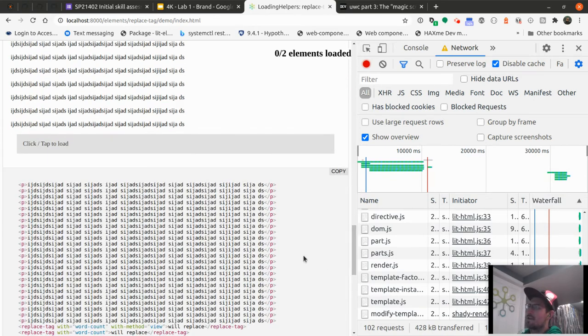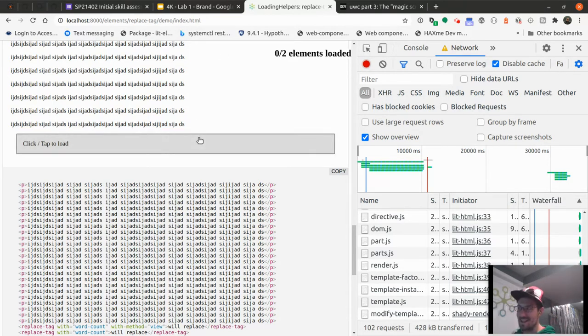So as I scroll down, now, because the replace tag has detected that I'm on a poor connection, it doesn't actually load up Meme Maker until I engage with it. So imagine I'm delivering the app to you. You're on a phone, you're scrolling through my blog posts,